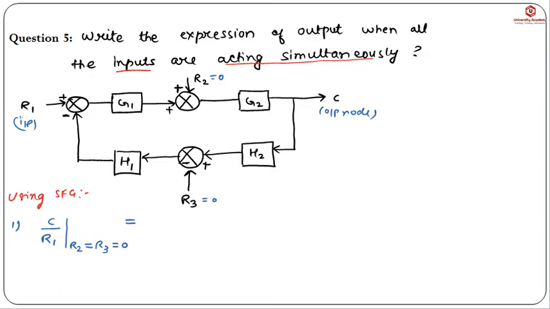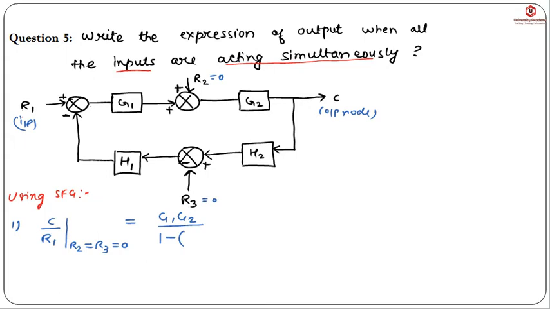So now we have to find out the forward path between input and output. So we can go like this, that is plus g1, then we have g2. Okay, so we have to follow the branch arrow. You cannot come in the reverse direction. Okay, so the gain of the forward path between input and output is g1 and g2. Okay, so only one forward path is possible. Then we have to write the delta value in the denominator which is given by 1 minus sum of all the individual loops. So here one loop is present which is this.